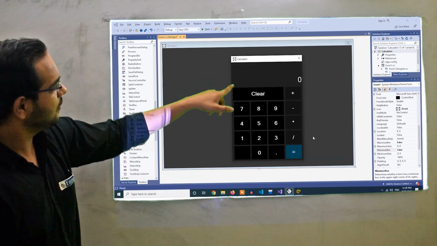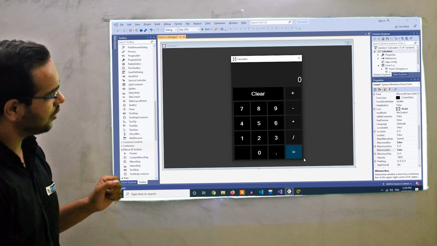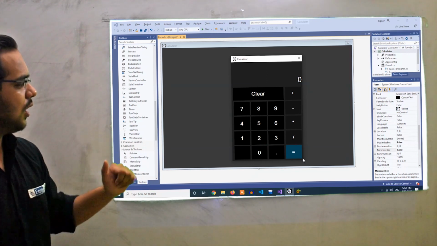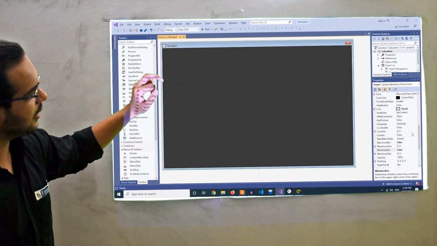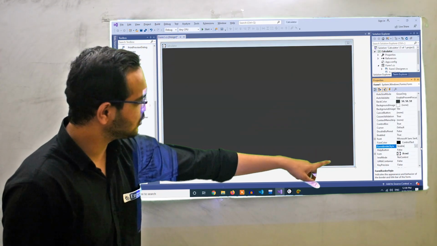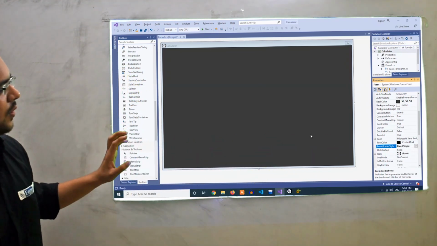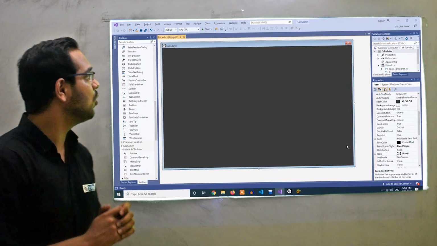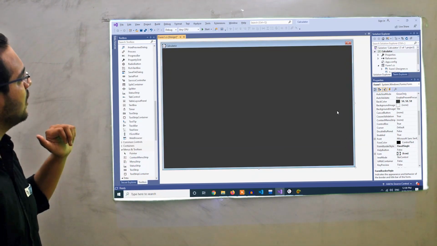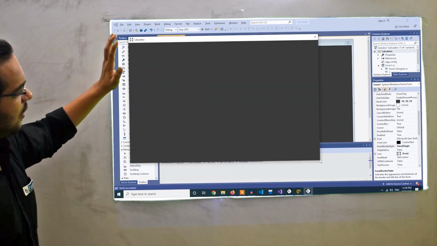Next, if you look at the output, we can change its size by dragging the mouse. We don't want that option. So how can we do this? It is also a property. Just go to the form, and the property name is form border style. Select the fixed single option from there. It will remove the dragging element from your form. Okay, so just save and let's run it to see how our form looks. Here our form is ready.